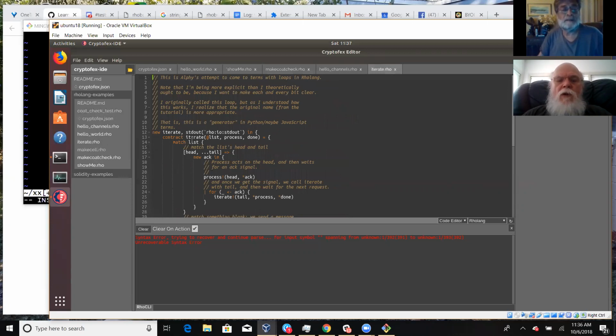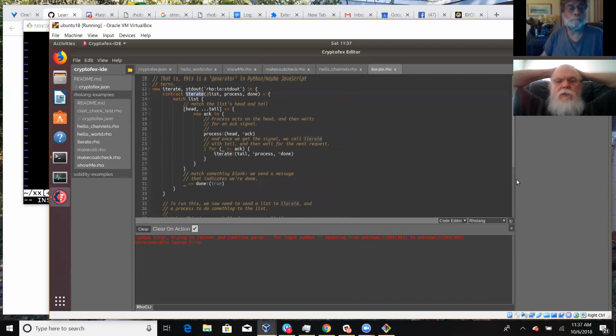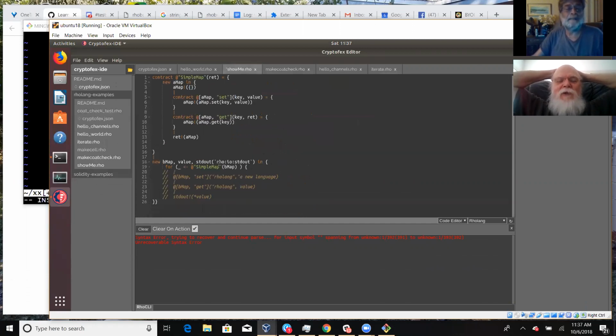Okay, so let's just look at an example here of where it calls iterate. Oh, wow. Duh. I forgot about that. I knew something was bothering me earlier.